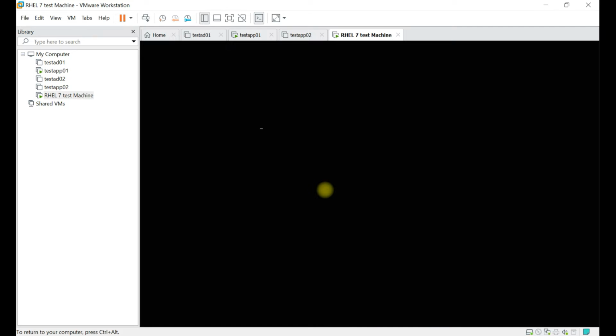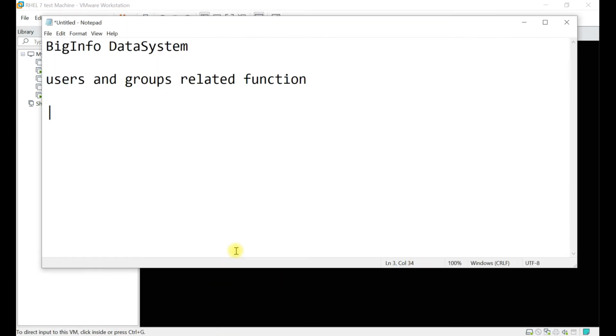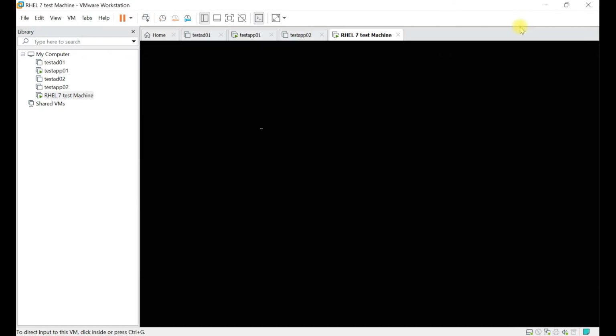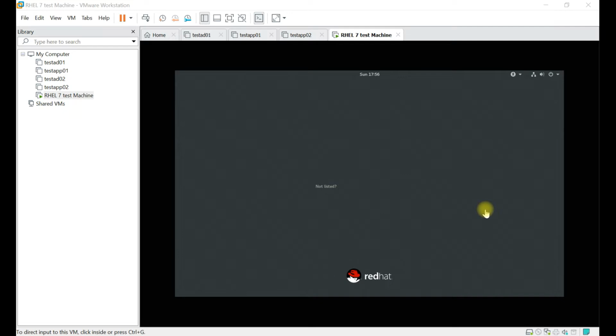And today I will also show you how to take the putty connection. So let's suppose your operating system is not in front of you, how you will take a remote session. So we have one tool called putty. With the help of this you can take a remote session. So I will show you how to take. Okay, now operating system is power on. Let's go inside.